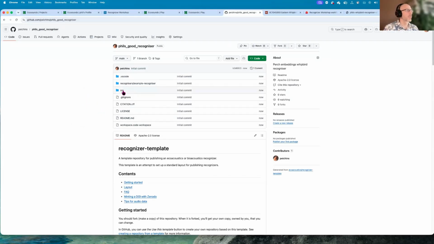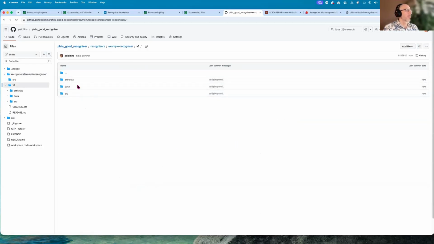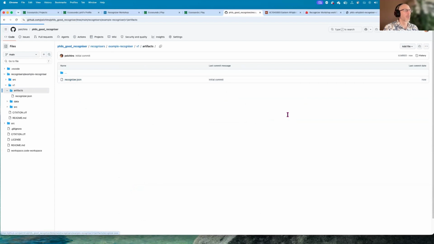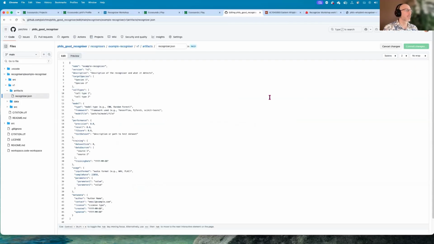most basic, what I can do is go into this example recognizer that it comes with. You probably want to rename it. I can go into artifacts, and I will. So this is just an example for demonstration purposes, and I can edit this right here in the browser and